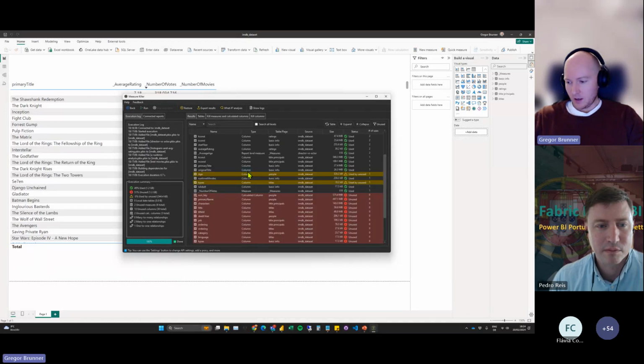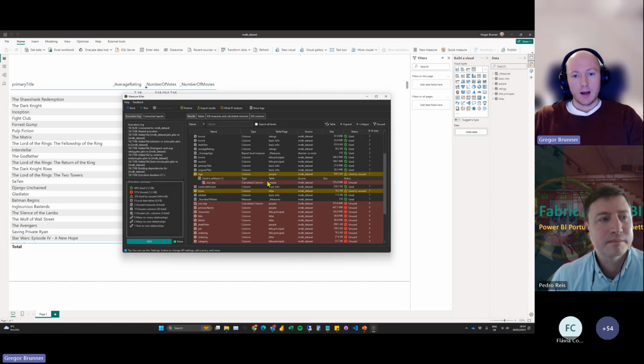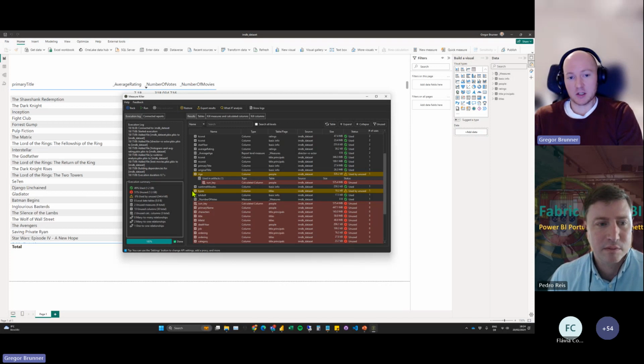I think actually I can see on my phone that we have a question. The question is, does it mean that age is not used in the reports? Yes, I mean, it's not used in the report, but it's used in this calculated column, right? So we're looking at what is used in the model and what is used in reports. Because if you remove something and it's used in a relationship, well, maybe you're in trouble. If you remove something, it's used in a visual, again, you're in trouble. So we want to look at both things.